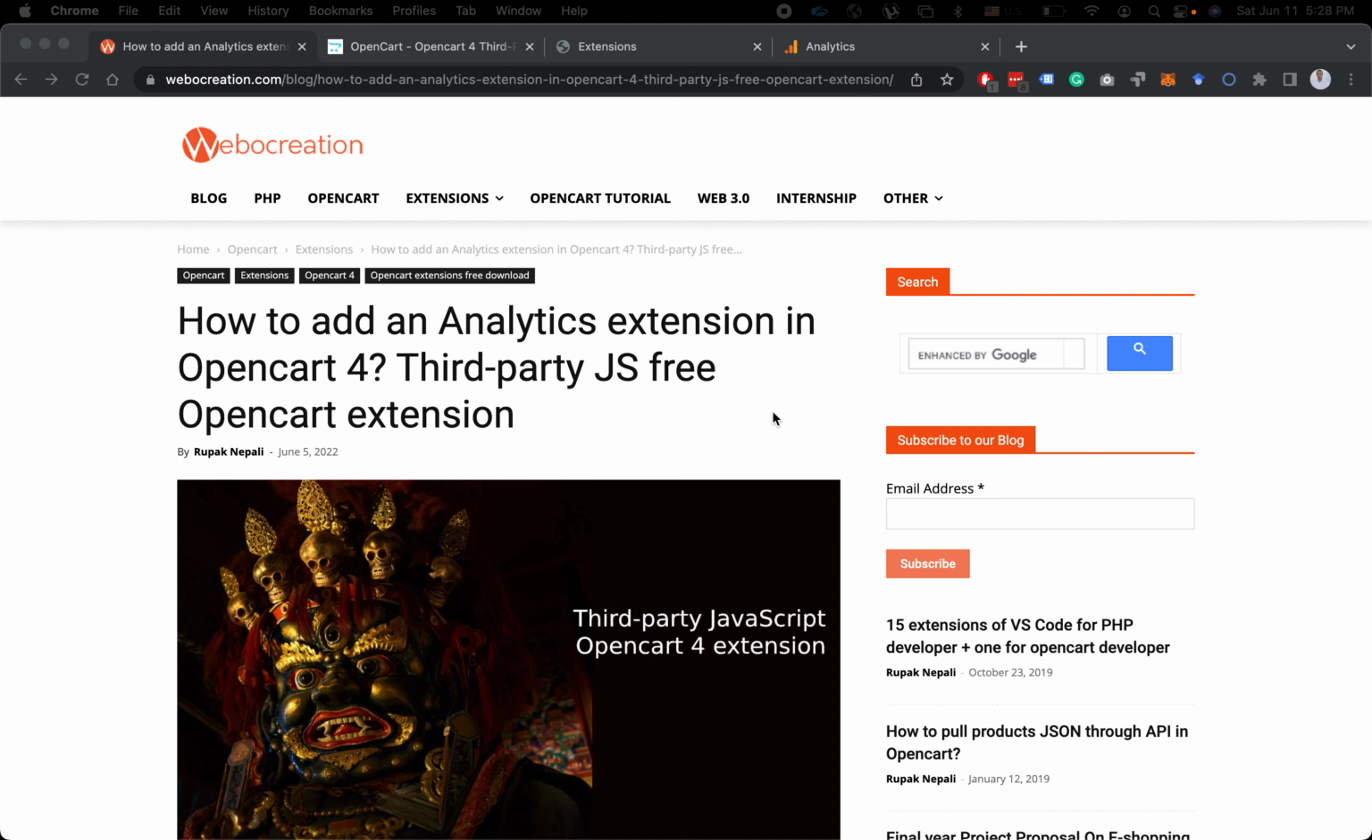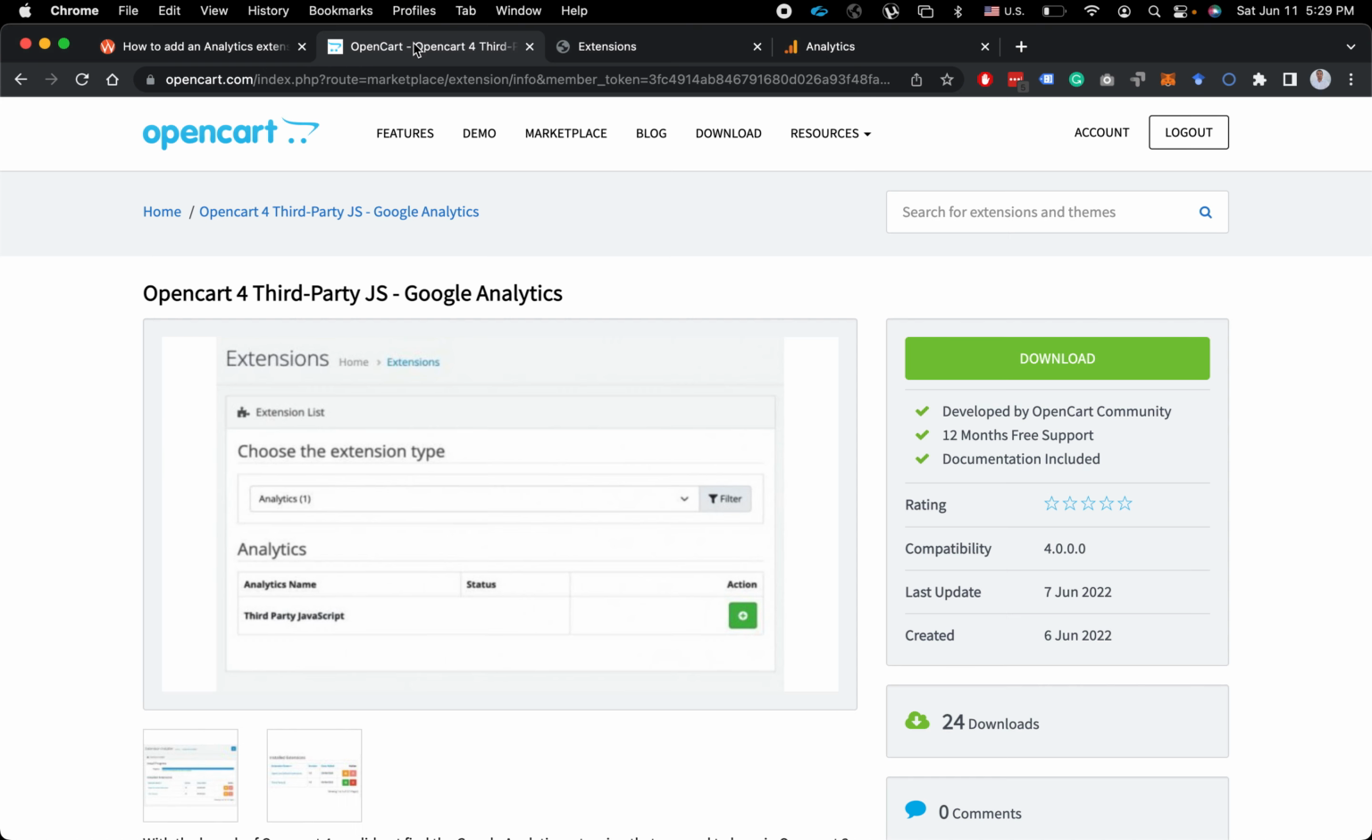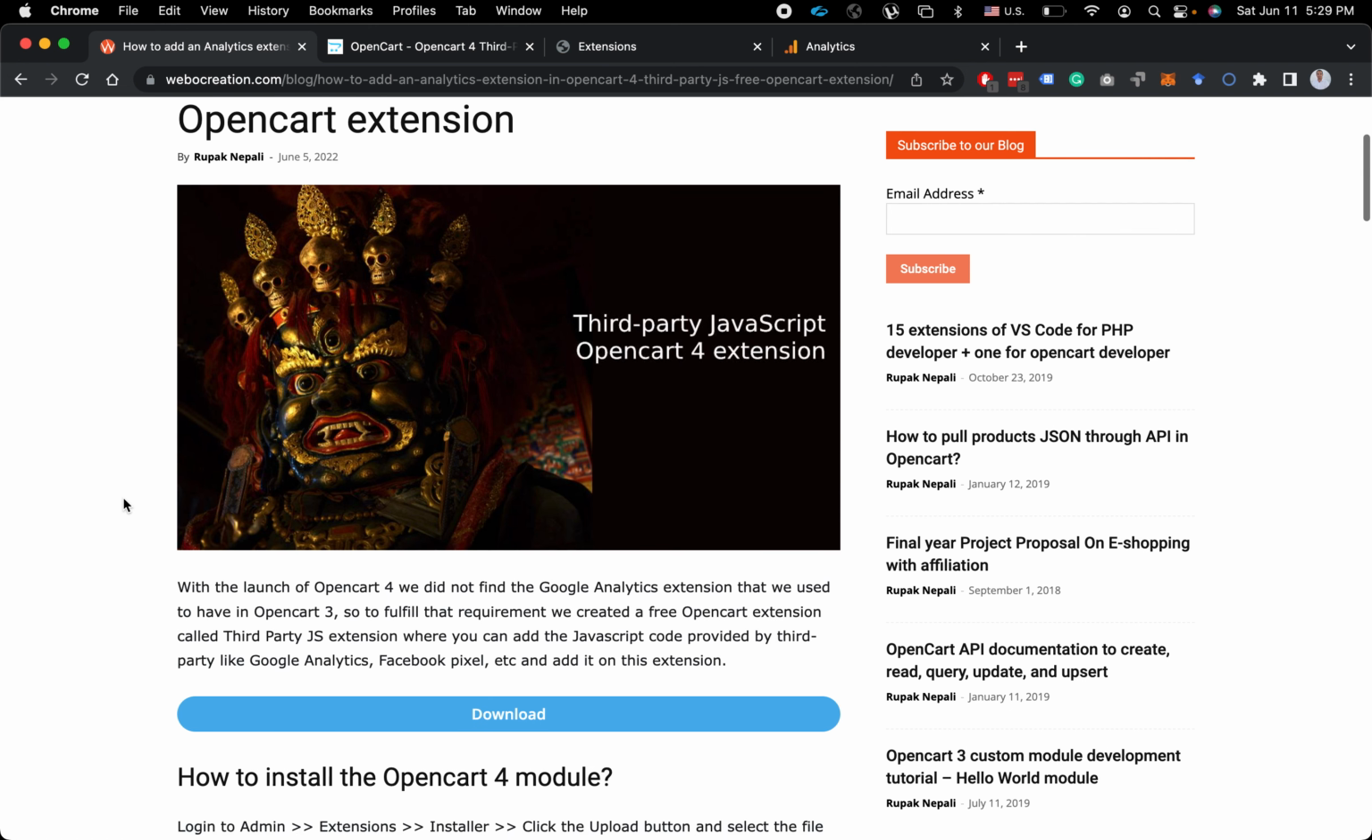Everyone. With the launch of Opencart 4, there are a lot of changes. We didn't find the Google Analytics extensions that we used to have in Opencart 3. So to fulfill that requirement, we have created a free Opencart extension called third-party JS extensions, which you can find in Opencart Marketplace for free, and you can download from here, or you can download from our website